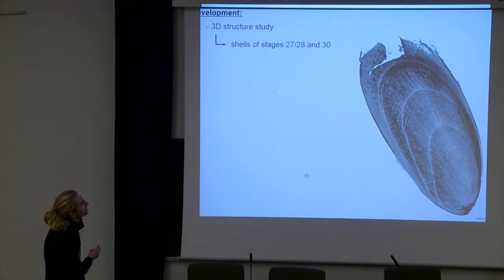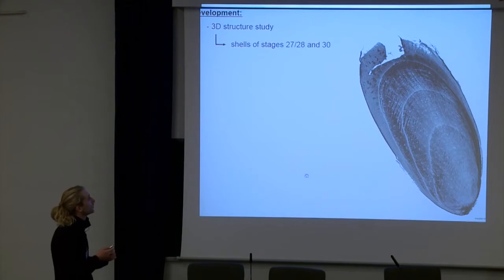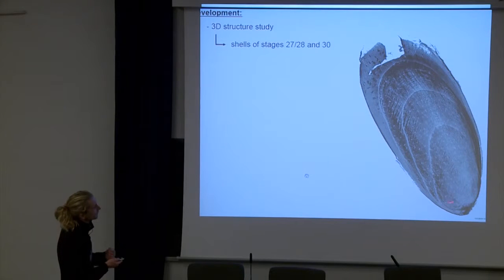Then we investigate the three-dimensional structure at 2 stages, stage 30 and an intermediate stage, to have an idea of what happens during the transition between one chamber and the following one. So here you have the 3-dimensional view with the anterior part and posterior part of the shell corresponding to this stage. Here you have 3 closed chambers, and here you have the chitin which begins to be formed